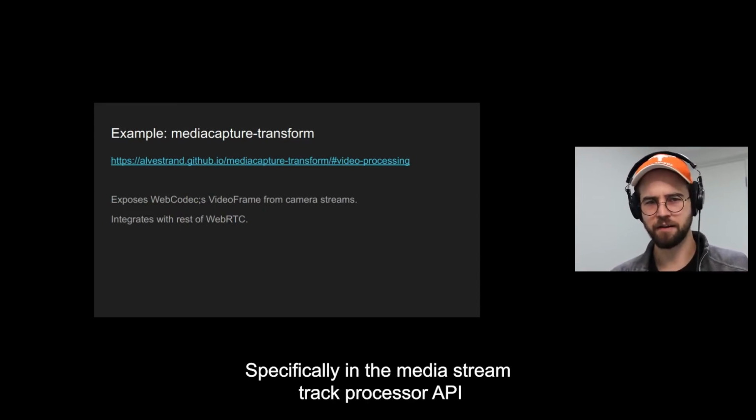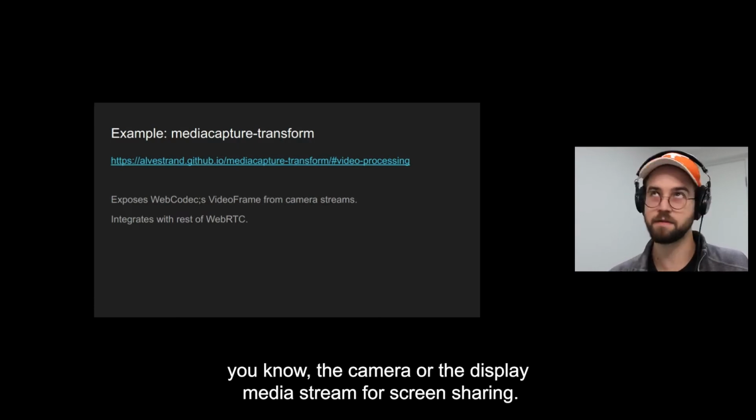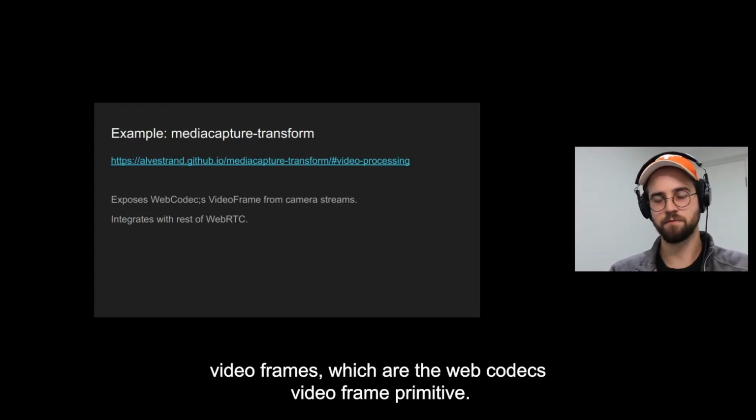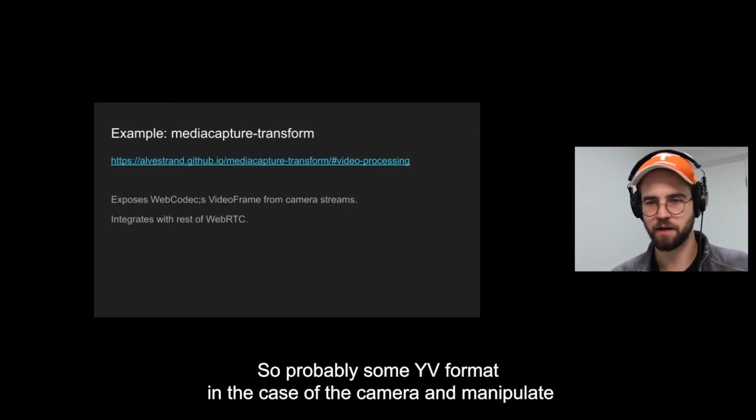Specifically, the media stream track processor API is going to allow you to take a get user media stream. This is the camera or the get display media stream for screen sharing. Wrap that in the media stream track processor, which will then feed out video frames, which are the WebCodecs video frame primitive. And using the video frame, you can retrieve pixel data in the native pixel format, so probably some